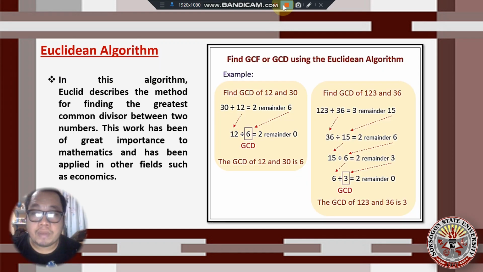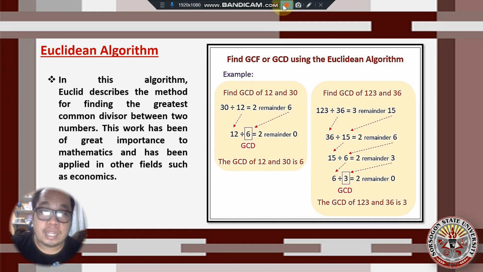Now let's talk about the Euclidean algorithm. In this algorithm, Euclid describes the method for finding the greatest common divisor, or the GCD, between two numbers. This work has been of great importance to mathematics and has been applied in other fields such as economics. So let's have some examples in which we're going to find the greatest common factor, or the greatest common divisor,